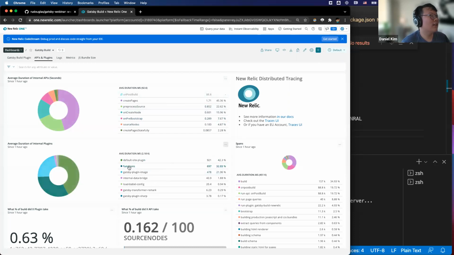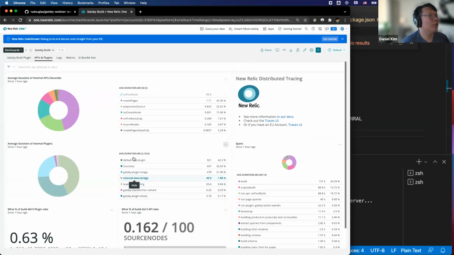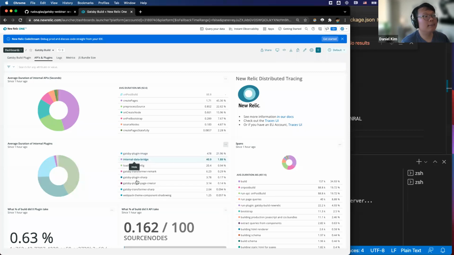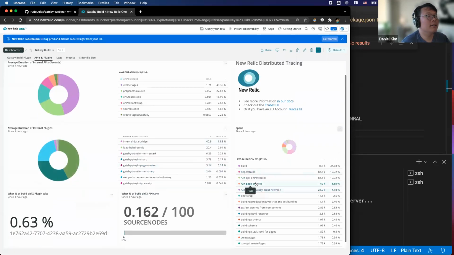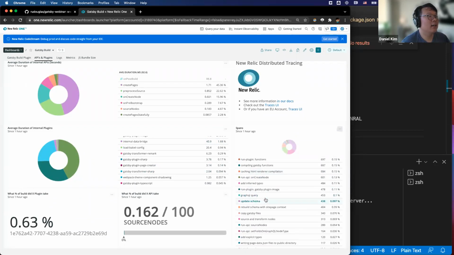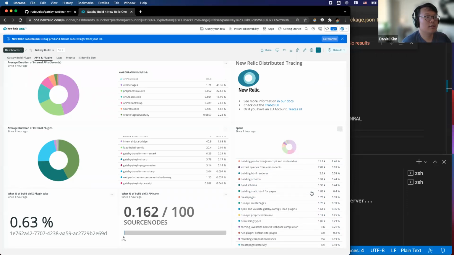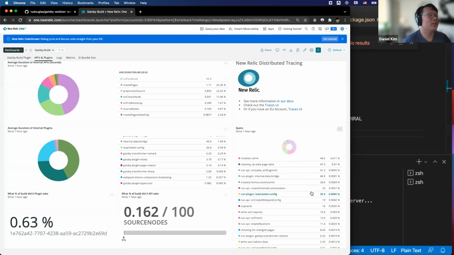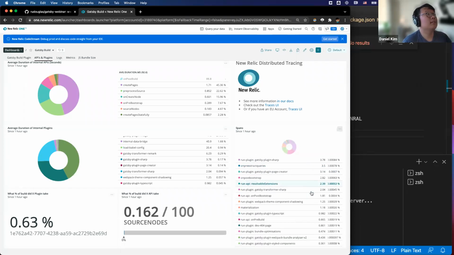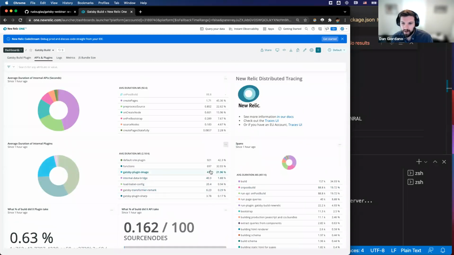And here you can also see all of the plugins, both internal and external, that we're using and how they contribute to overall build times. These are the various components, and this is really cool because these are all of the individual API calls that are being used to actually create your website. So you can see a granular breakdown of every single call that Gatsby makes to make your website come together.